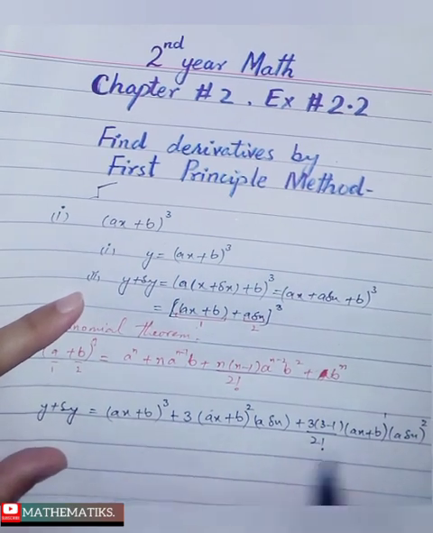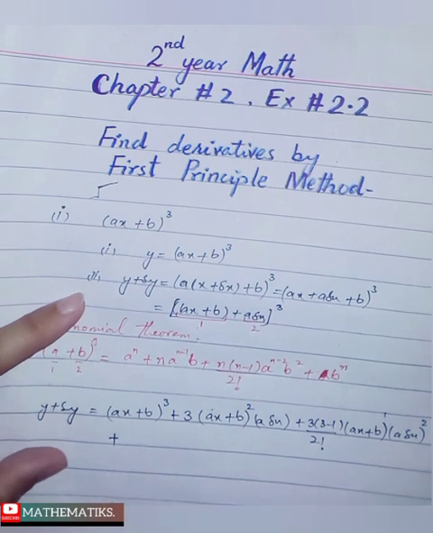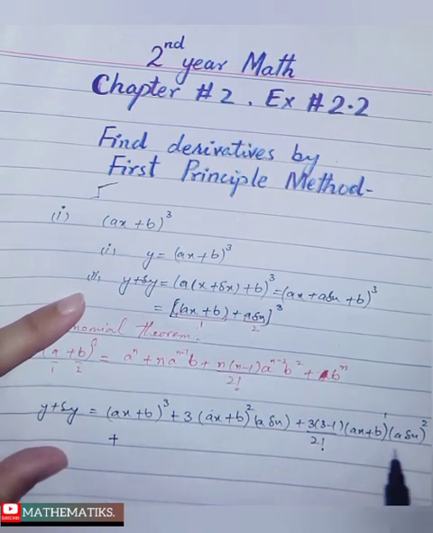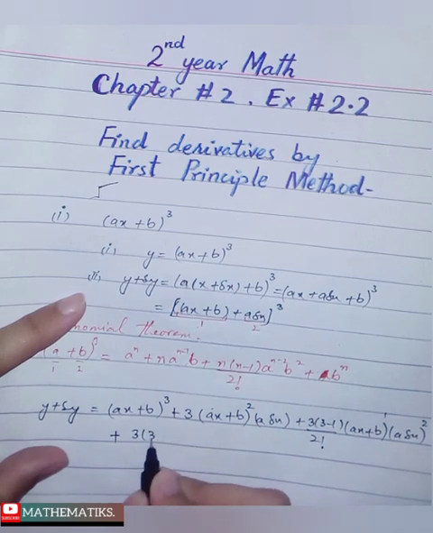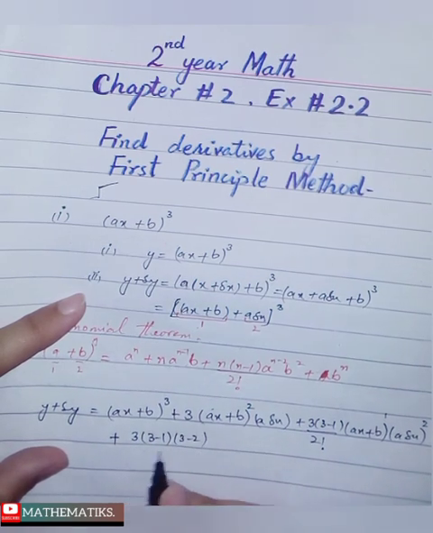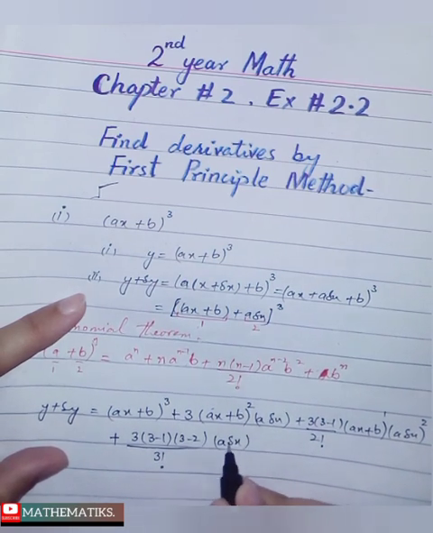We have to add the remaining factors, plus 3 into 3 minus 1 into 3 minus 2 divided by 3 factorial into (a delta x) power